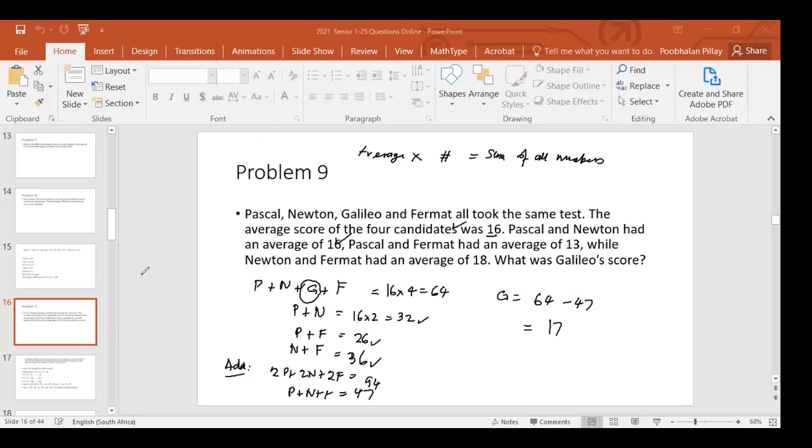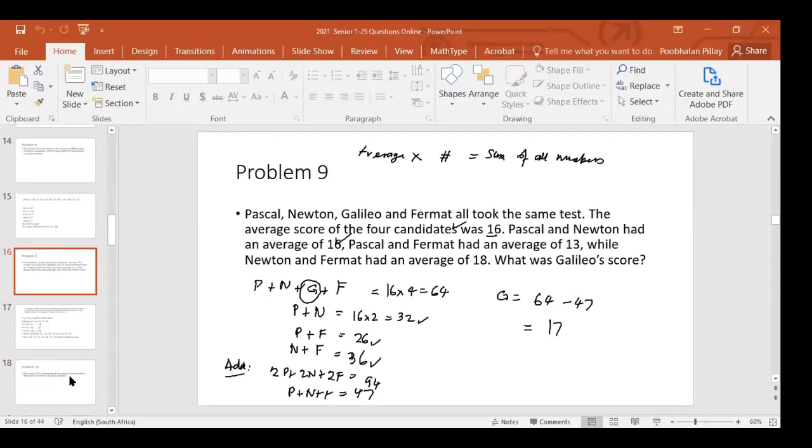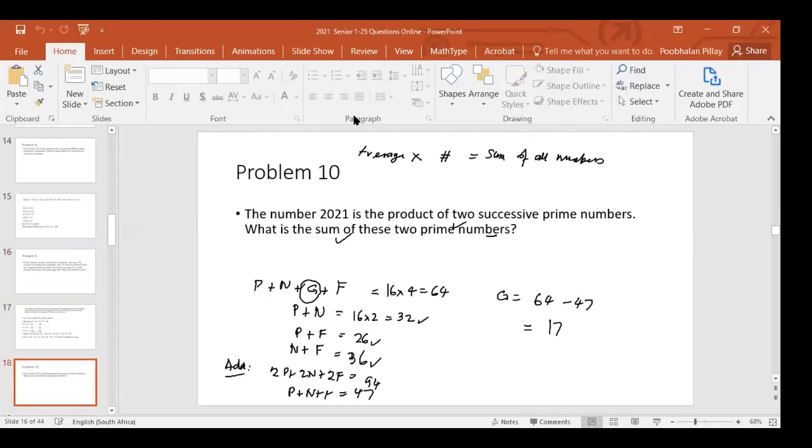The next one is problem 10. We're still in 2021. We missed 2020, and we said we'll go straight to 2021. If we have time at the end of this, we'll go back to 2020 and do a few problems there. All right, so let's get to the next problem, which is problem number 10.